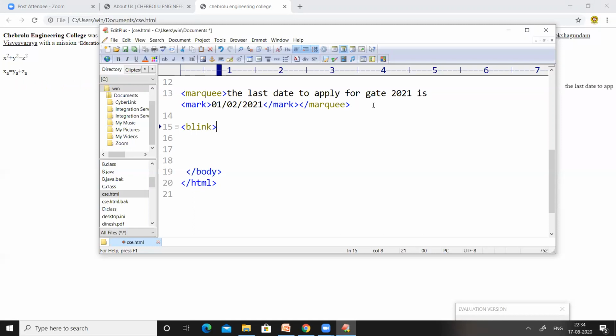In the blink tag, I want to represent: to apply, first register here. Some text, to apply first register here. The last date to apply for GATE 2021 is 1/2/2021.